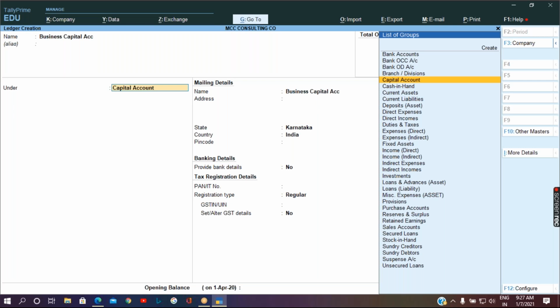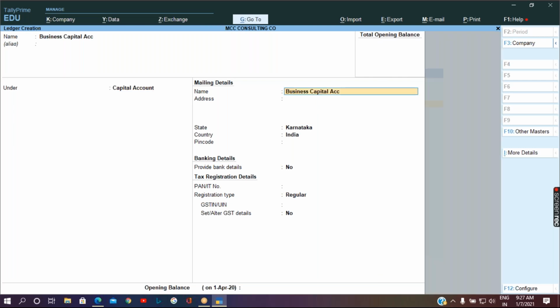So it is mandatory for every ledger to be selected with the relevant accounting group. Okay, so it should be selected under the capital account. So I'll just accept the screen by pressing Control A. Fine. So the next thing is